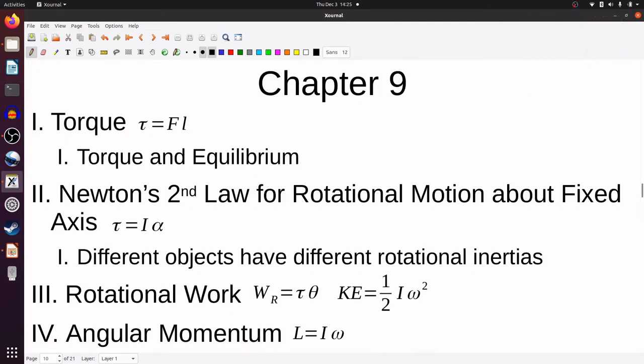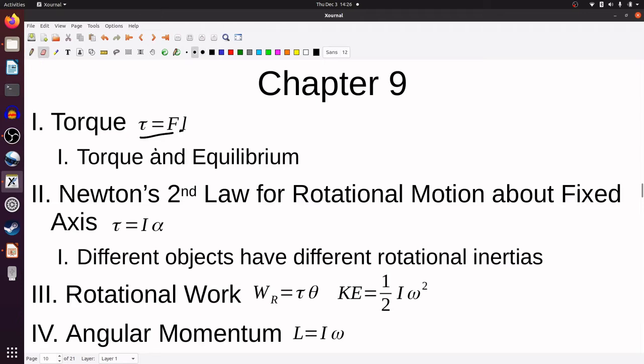Okay, Chapter 9. A couple things I want to point out. Chapter 9 is kind of utilizing what we learned in Chapter 8, and it has two big, huge equations, in my opinion, that are extremely useful in rotational dynamics, and that is tau is equal to